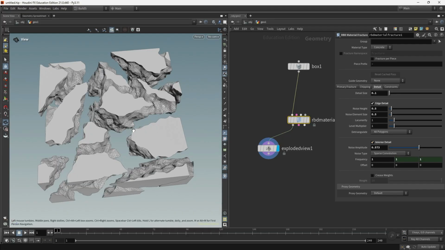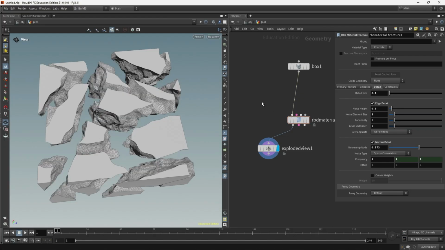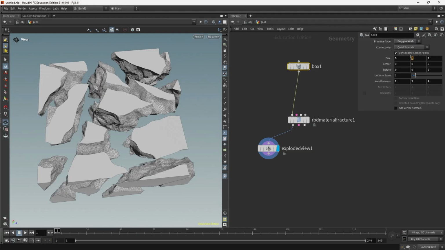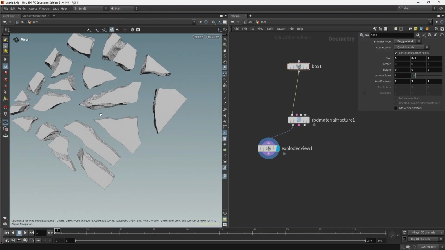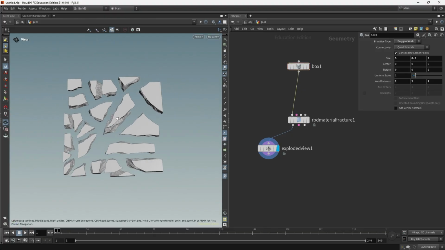So I think for the edge detail, I want the noise element size to be bigger. I want bigger waves. Yeah, maybe something like this. Then I'm gonna go back to the box, take it down to, what did we have it as? 0.5. Something like this. And since we are here and we have prepared our fracture, let's just do a drop test